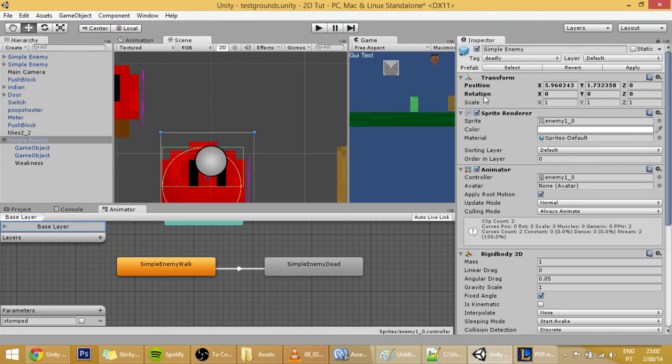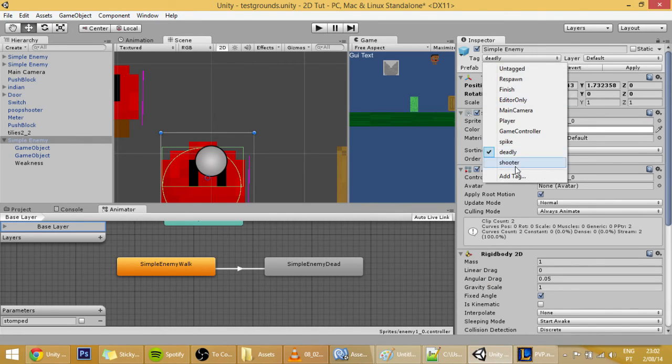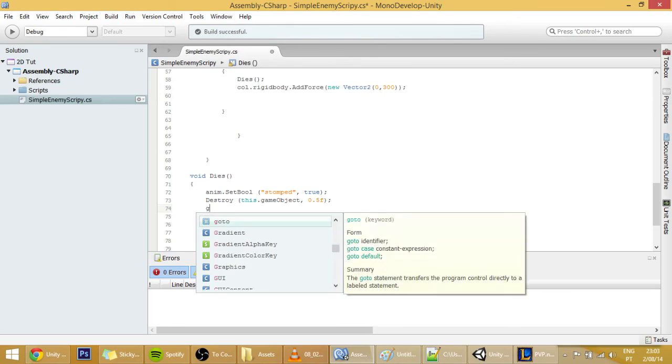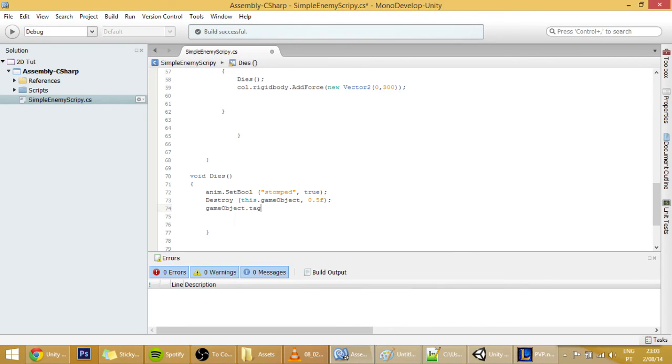So we want to change it to something else. I'm going to create a tag called Neutralized, and you can copy it from here to the code, and we're going to set this gameObject.tag to be equal to Neutralized.